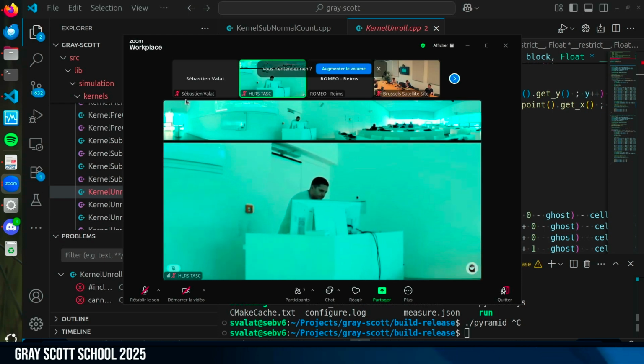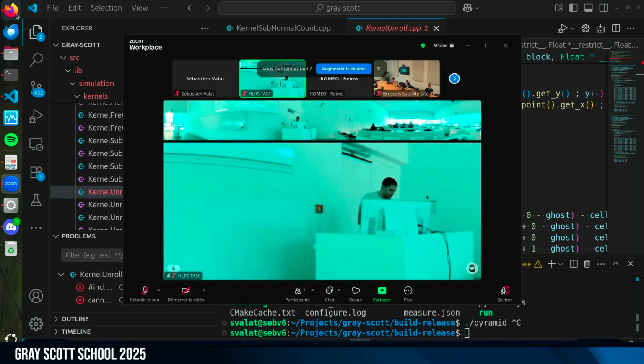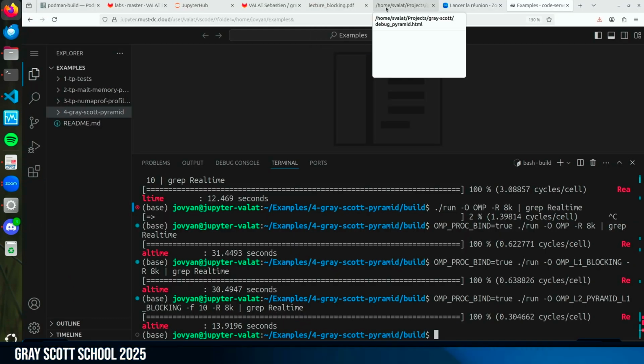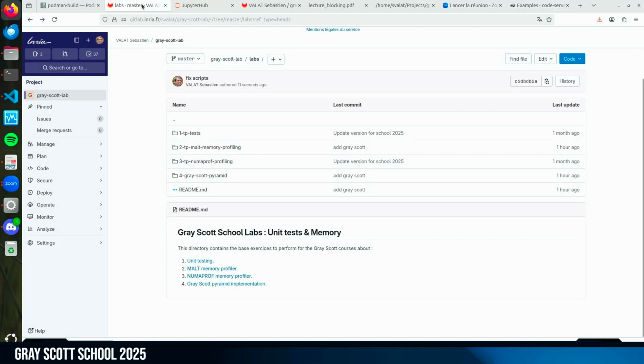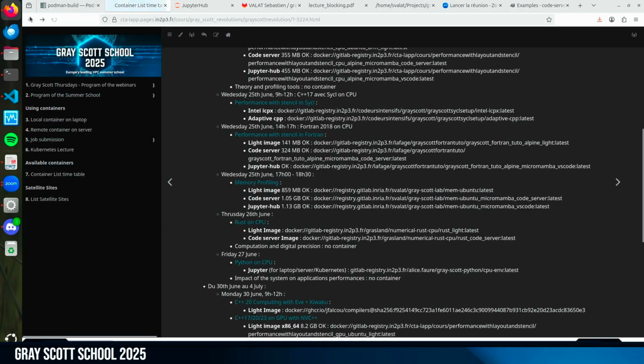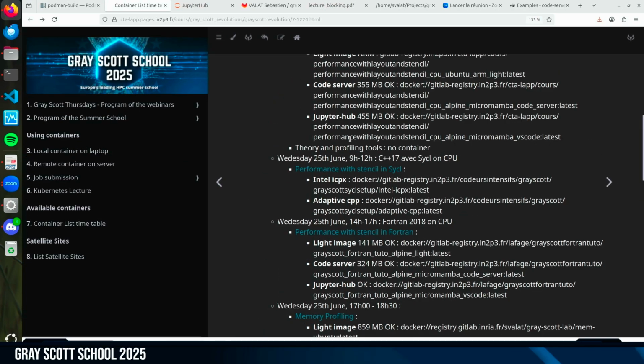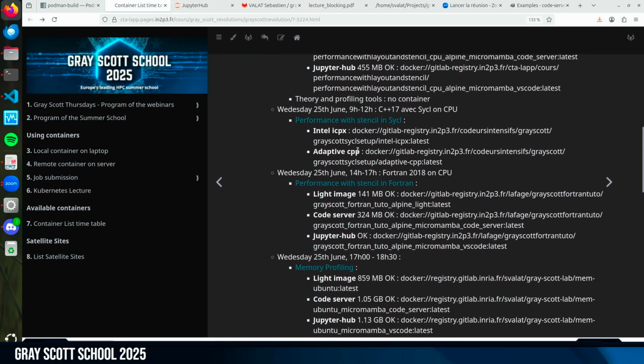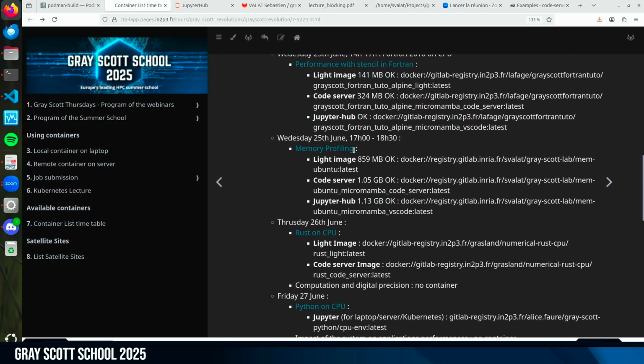So now maybe I will let you play. I will show you how to access the Docker. You can go in the slides in the agenda and take the memory profiling images, which are here.